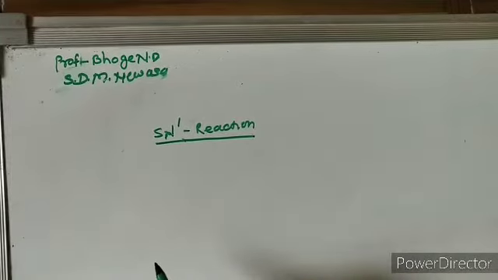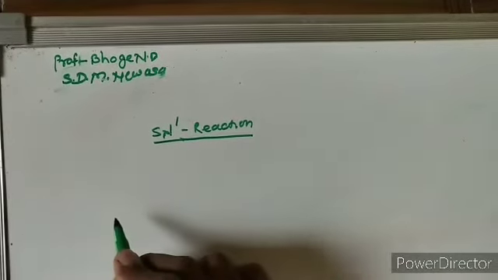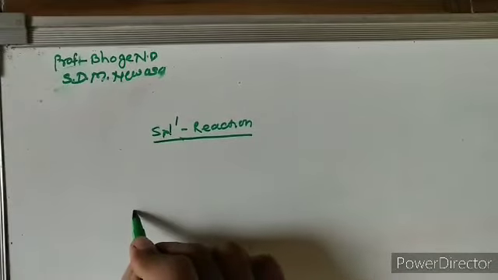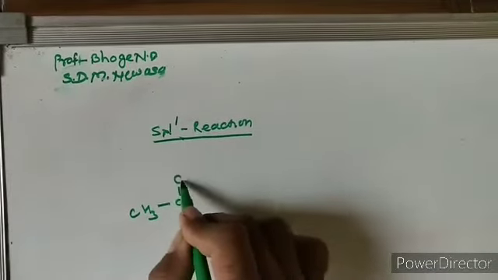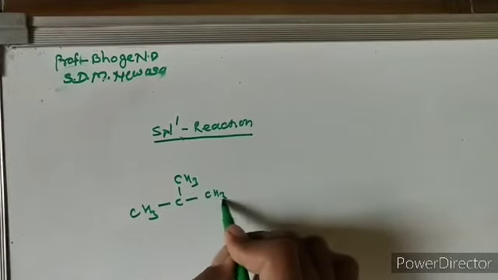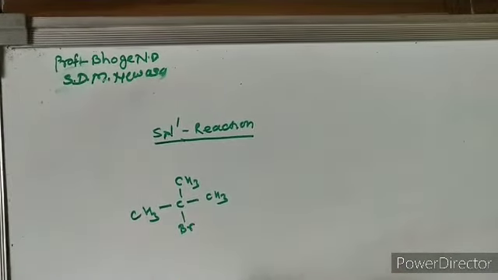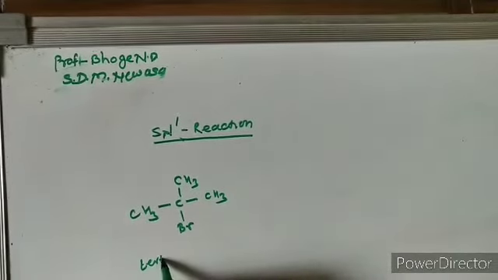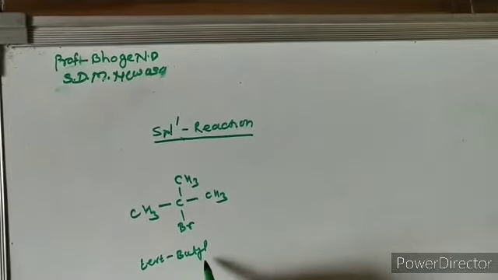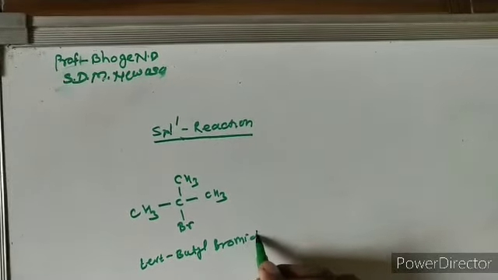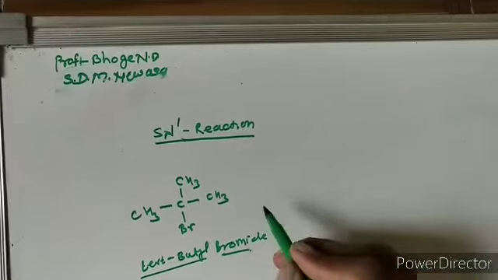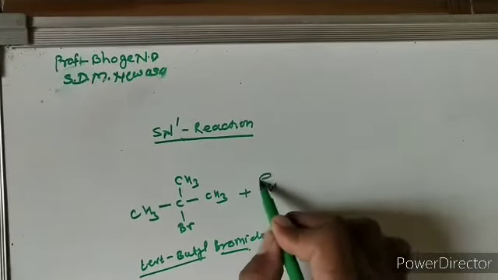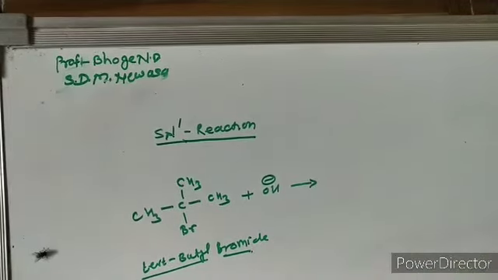For the SN1 reaction mechanism, let's consider the example of hydrolysis of tertiary butyl bromide by aqueous base, that is NaOH, to yield tertiary butyl alcohol. So (CH3)3C-Br. The name of this compound is tertiary butyl bromide. This is an alkyl halide. When we react this alkyl halide with NaOH, that is hydrolysis,